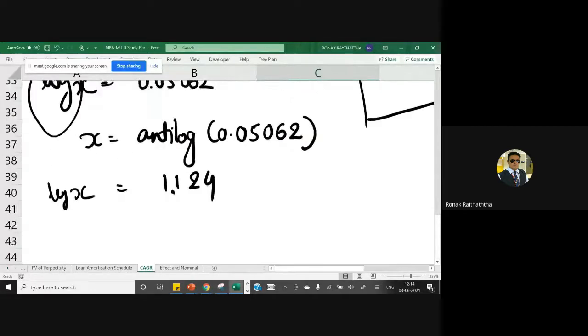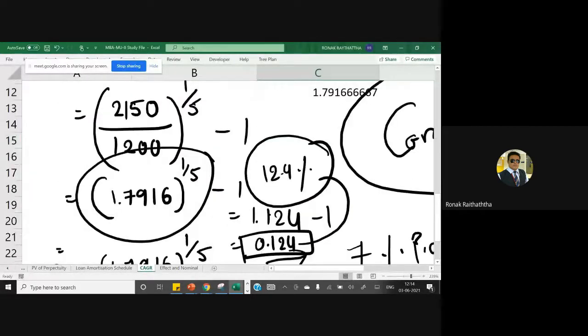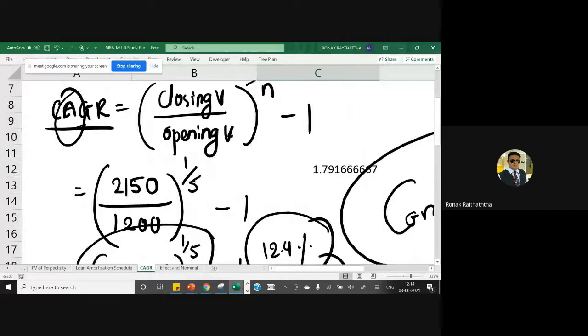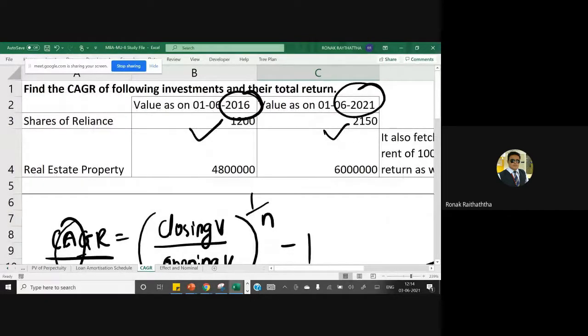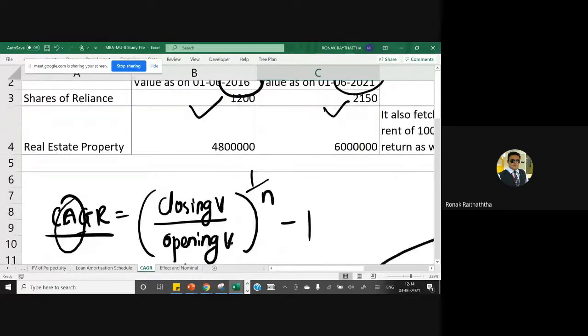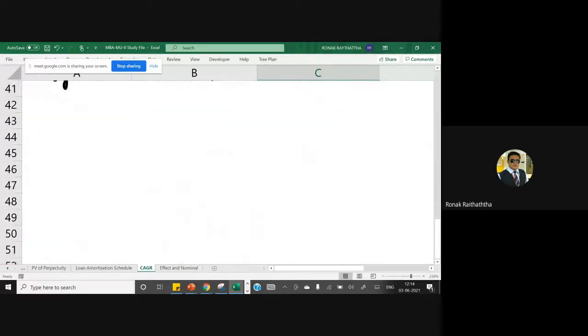Now that my friend, who was boasting that he had invested at the Madhapur Circle in the Dwarika Heights at 48 lakhs rupees and now it is valuing at 60 lakhs rupees, it's time to break his ego. Let's go over there and find the CAGR of that real estate property. Everyone should be doing it along with me.